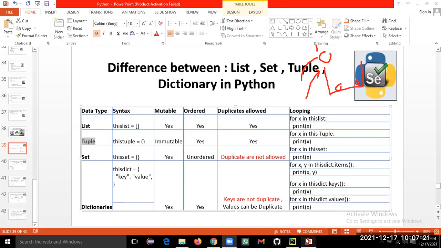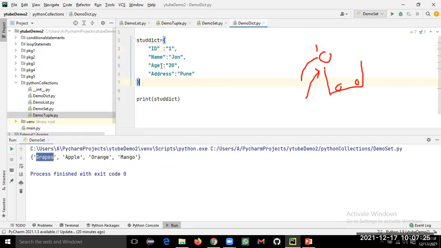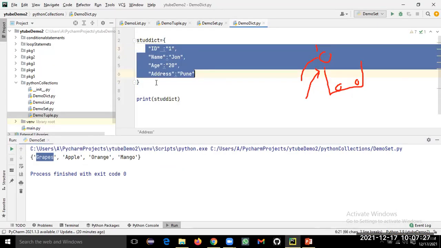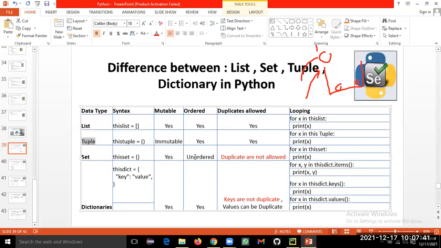Similar way, dictionary is also an unordered collection. Okay, let's say if you insert another student, another student information, you never know where that would be inserted. Okay, so we'll take later on when we learn the dictionaries in detail, then we will understand how it works. But for now, this is again set is unordered, but dictionary is also again an ordered collection. I'm sorry, dictionary is an ordered collection.